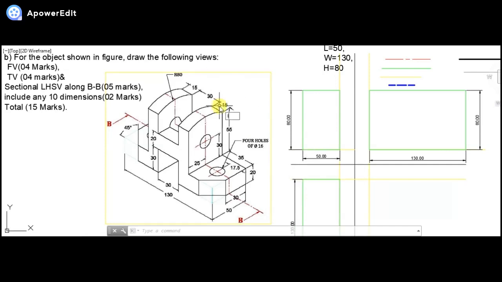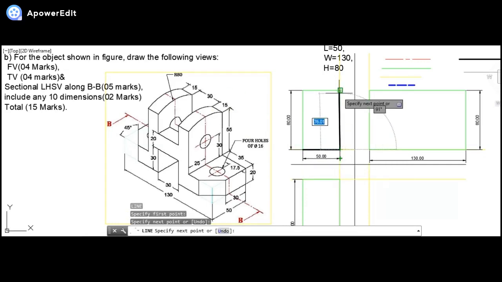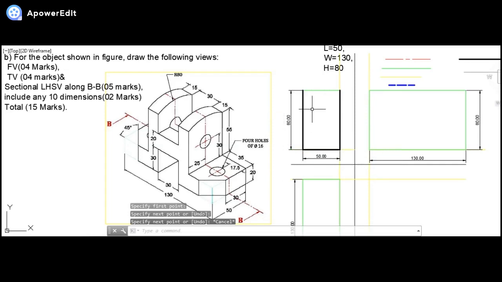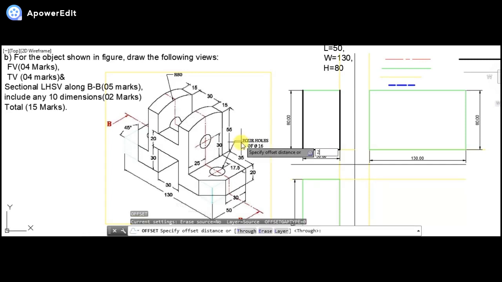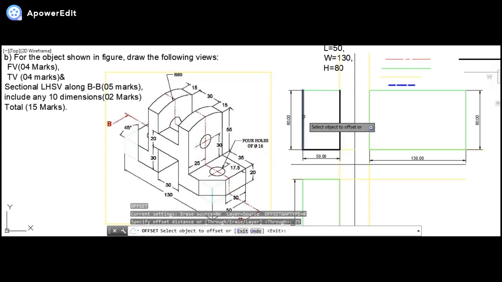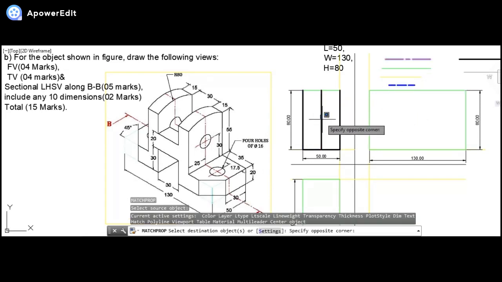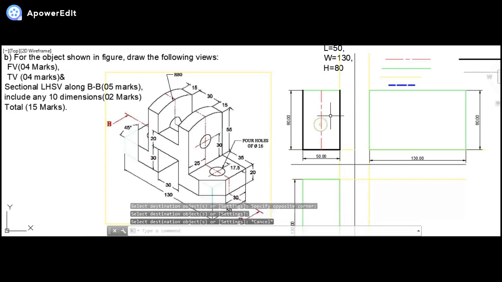So as you can see, I can simply draw from here a dark line like this. Till here the dark line will be drawn. Again over here a dark line will be drawn like this. Now on both the sides, since we can see there is a center line, I can just draw a center line in the mid. From here I can get the intersection of the center. So before that I'll be just matching the center line like this. So I got the center line, okay, like this.